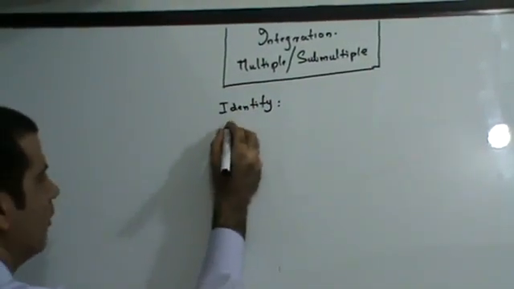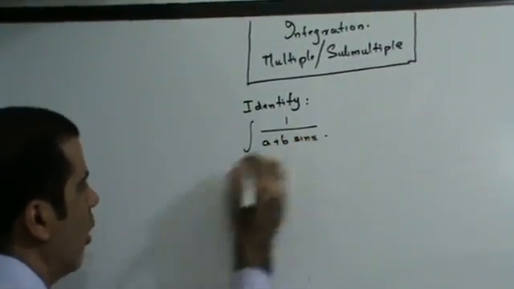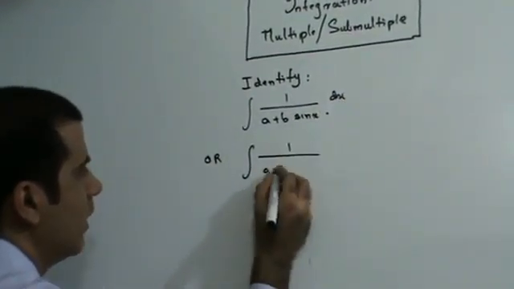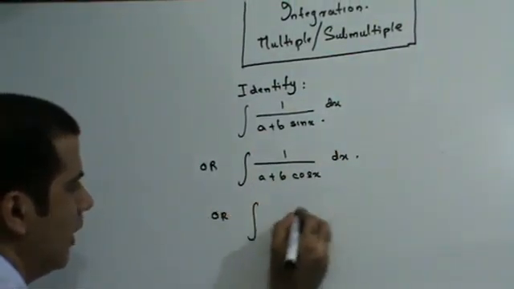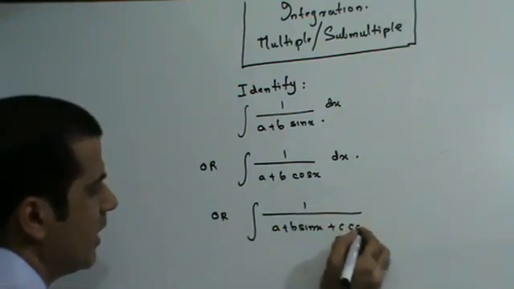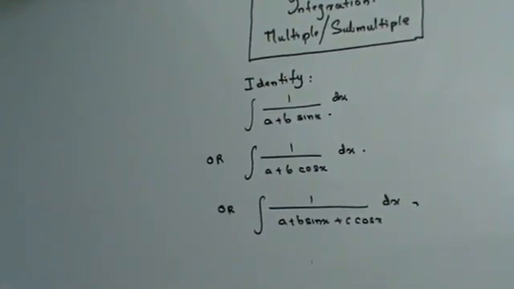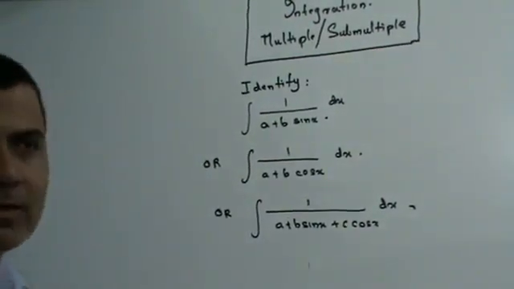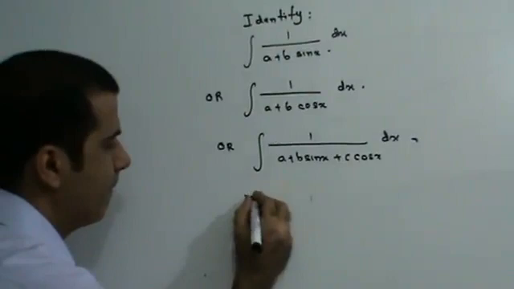The sum is going to be of the order integral of 1 upon a plus b sin x, or it will be of the order 1 upon a plus b cos x, or it will be of the order integral of 1 upon a plus b sin x plus c cos x. If the sum is of this type, that means it has to be of multiple submultiple type. If it is of multiple submultiple type, the method to solve the sum